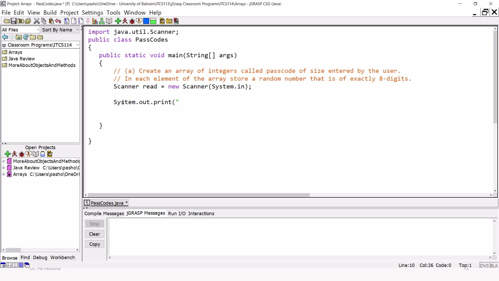System.out.print. We are going to read on the same line: how many passcodes do you want? Because we are going to generate these numbers randomly. And then we will read this number into a variable, we will call it size, read.nextInt. After reading the size from the user, we need to create an array of integers of this size. So we write int, and we are going to call it passcode, because the question says we have to call it passcode, equal new int between brackets the size,